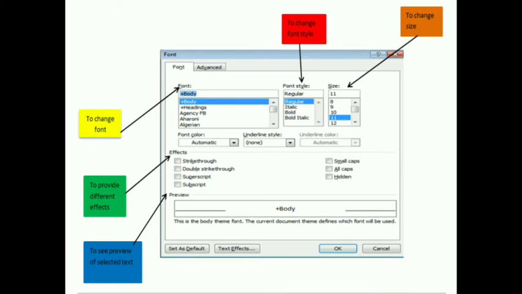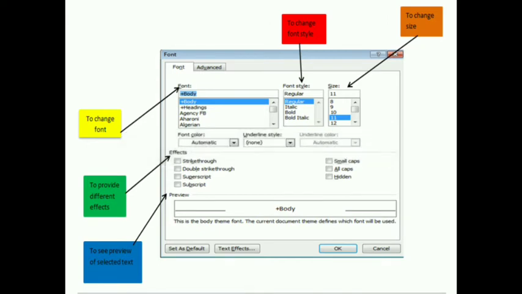In the green color box, you can see the different effects are here. For example, if you want to provide strike through, which means one line will display over the text. If you want to display double strike through, then you will put the checkbox on double strike through like that. And in the blue rectangular box, preview is there.